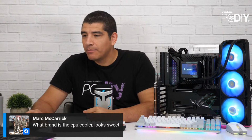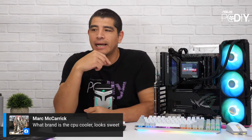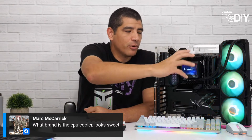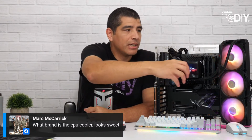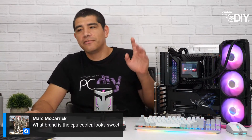This right here, hey Mark, if you're wondering about this cooler, this is the ROG Ryujin 2. So this is one of our newest high-end AIO units. It's a 3.5-inch display. This is a magnetic cap that can be removed. You can orient it in two directions, and it has an integrated VRM assist fan that cools the surrounding area. And the default model comes with Noctua iPPC-based fans, and it also has an included fan and ARGB